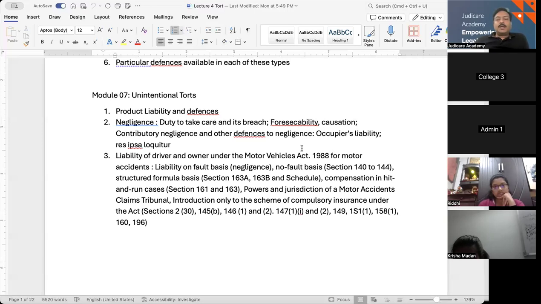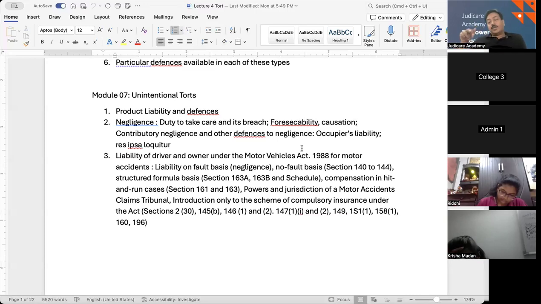Now, what could be the defense in such cases of negligence? So, defenses could be, as spoken earlier, contributory negligence. So, that a plaintiff's own negligence contributed to their injury, which can reduce or eliminate the recovery. So, it was the plaintiff himself or herself who was negligent. For example, a pedestrian does jaywalking.